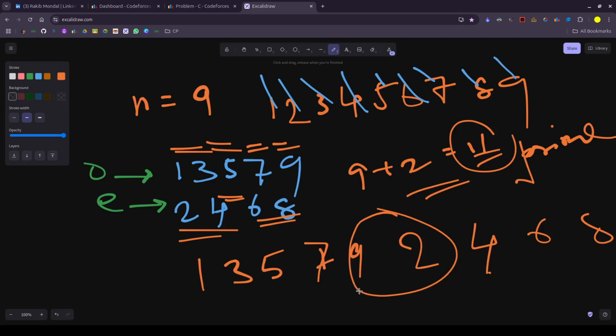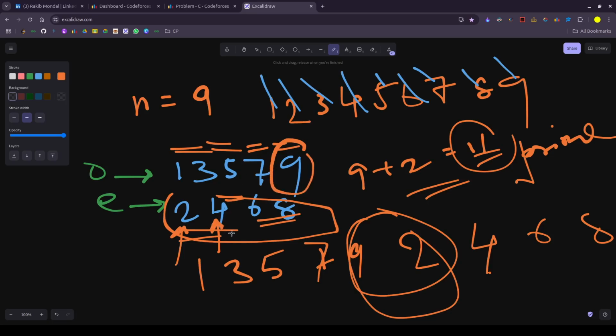So just think about it. It is not possible to directly join it. Okay. So if we just iterate here and compare each and every value. So compare 9 with 4. Is it composite or not? 9 plus 4 equal to 13, not composite. 9 plus 6, is it composite or not? 15 is composite. So we can just swap 2 and 6, 6 and 2 like this,